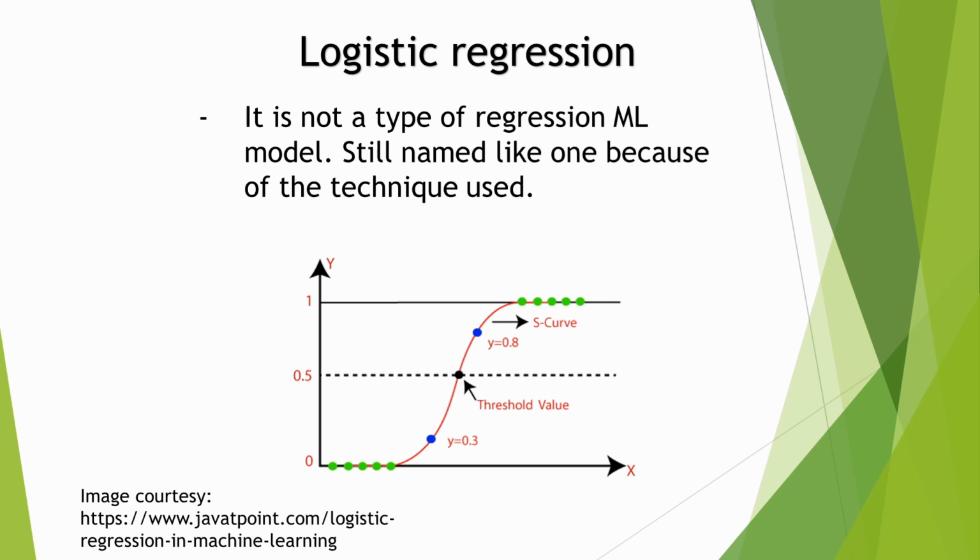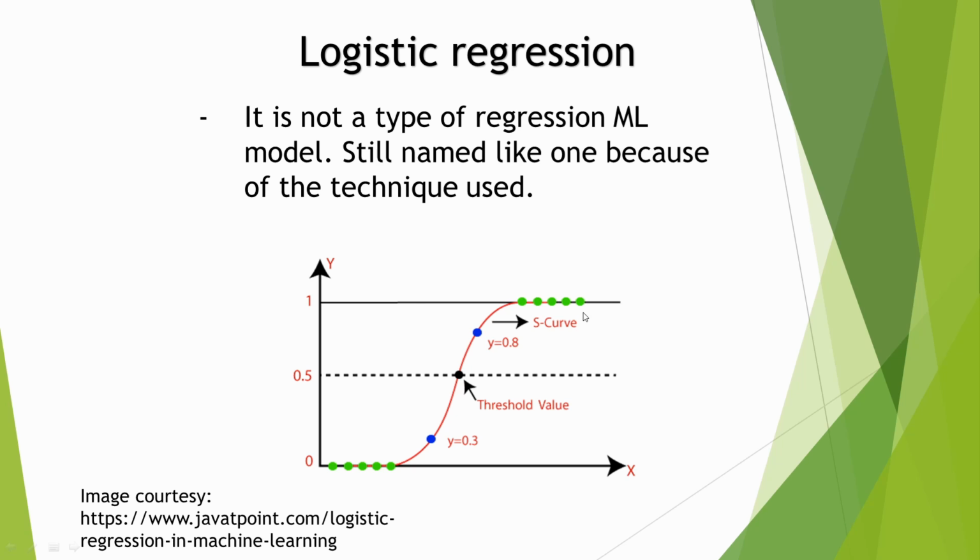So why is logistic regression named regression, even though we are not doing a regression model? In a regression model, we will be predicting a continuous output, something like numbers, but here we are going to predict only the classes. For example, if you look at this diagram, it has some data points lying at 0 and some data points lying at 1. Our y-axis is zeros or ones because it is a binary classification problem. So based on the x value, our y value is either 0 or 1.